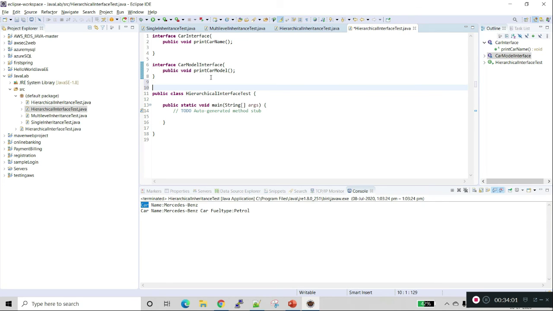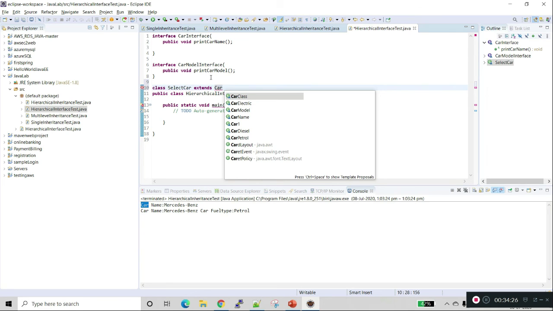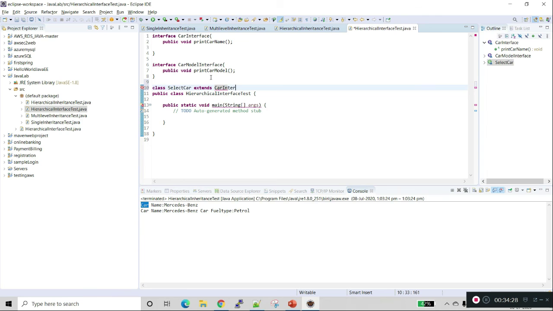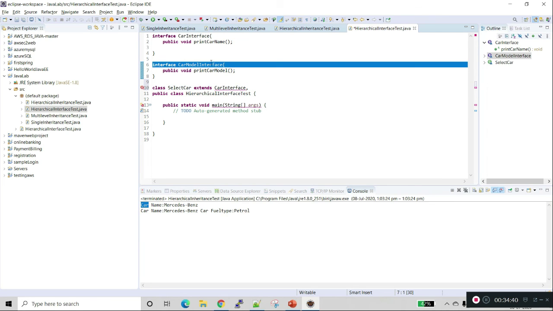Now I create a class select car that implements car interface, comma, car model interface.